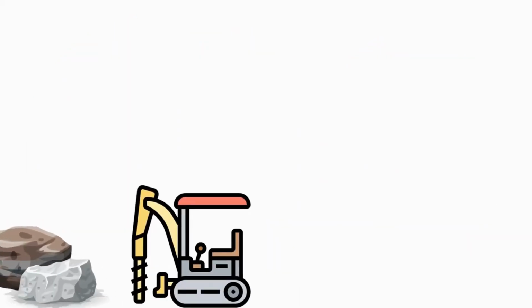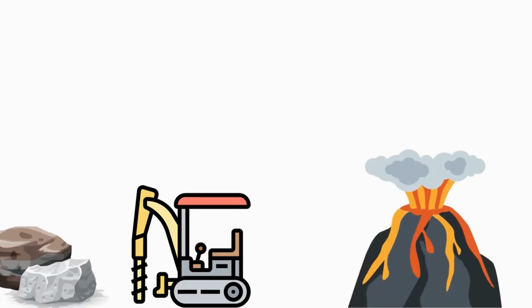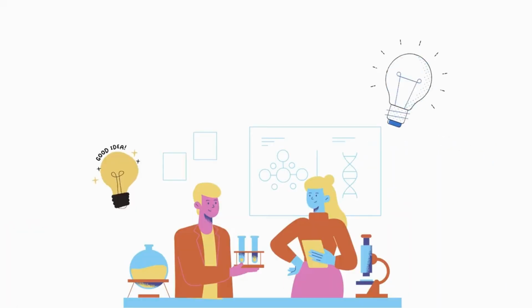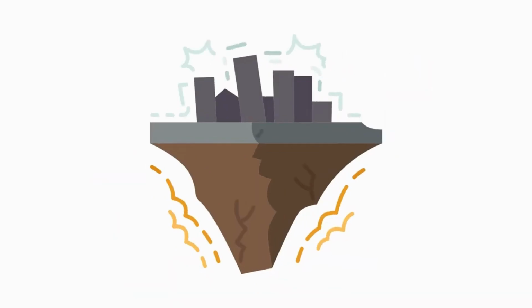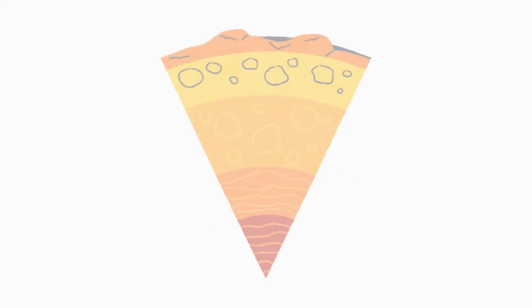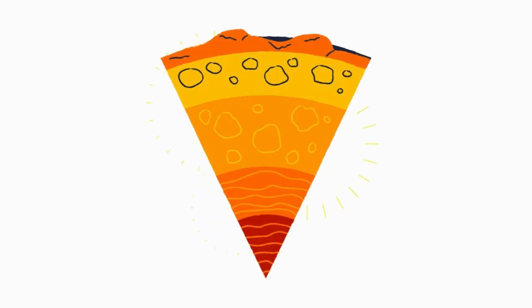Now that we know what's inside our Earth, let's talk about how we actually know this. We have used things like drilling, studying different rocks, studying volcanoes, and looking at the composition of lava. When earthquakes occur, they release seismic waves that reverberate through the Earth. Scientists can study how these waves bend, reflect, speed up, or slow down. Based on this, they can determine if something is a solid or a liquid, and how thick it is. This data can then be mapped out and helps us understand what the internal structure of the Earth looks like.